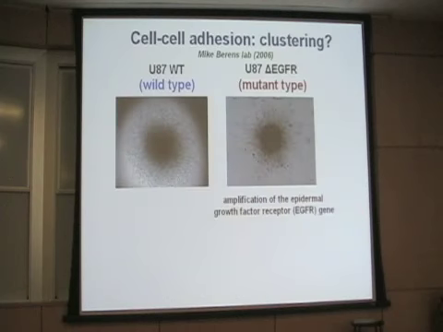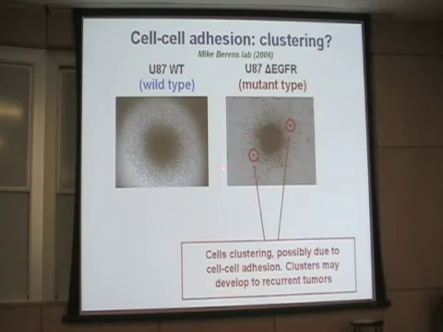So there are many different glioma cell lines. For example, there are those cell lines, I will call them wild type, and there are many mutants. One of the mutants is when there is an amplification of some gene, of a growth factor receptor gene, and if you take those spheroids and follow their dynamics, you can see that the pattern is somewhat different, and there are many differences here, but I would like to focus on those small clusters.